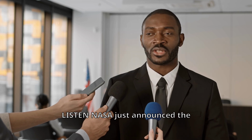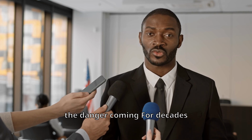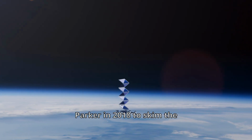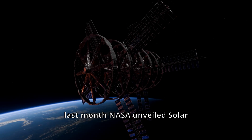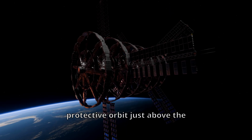Listen! NASA just announced the first crew mission to the Sun, and no one saw the danger coming. For decades we've only sent probes, like Parker in 2018, to skim the Sun's outer atmosphere. Those tiny spacecraft dodge billions of degrees by staying in a thin halo called the corona. But last month NASA unveiled Solar Sentinel, a crude concept that would place astronauts in a protective orbit just above